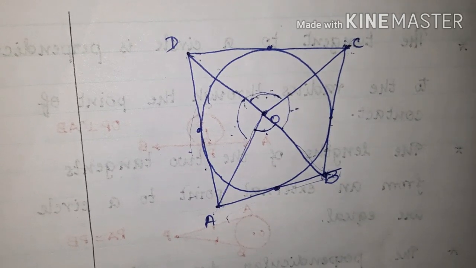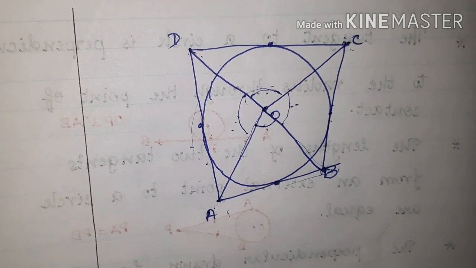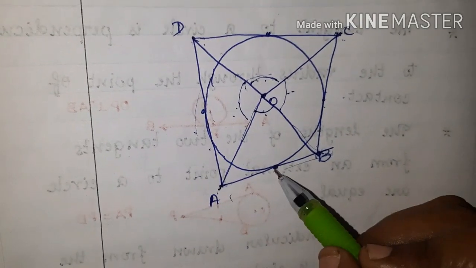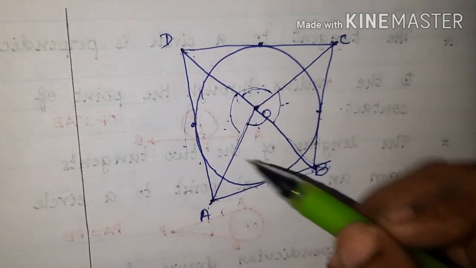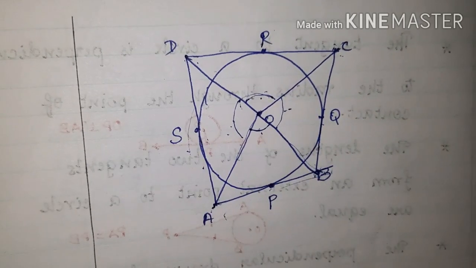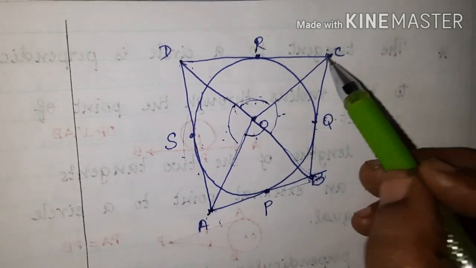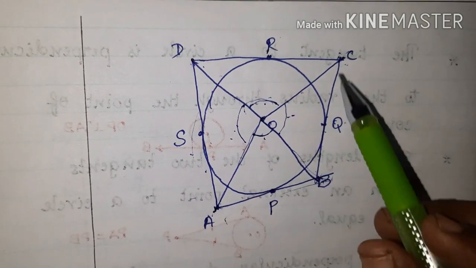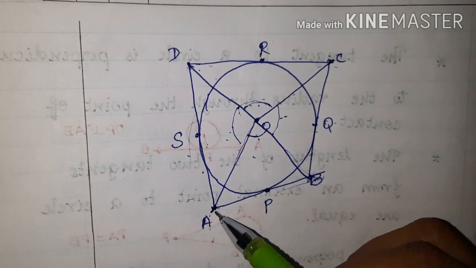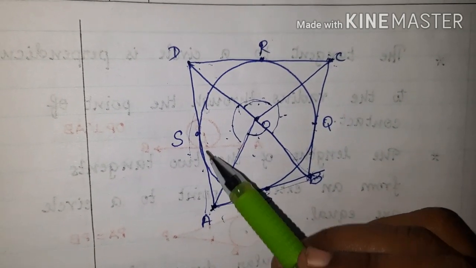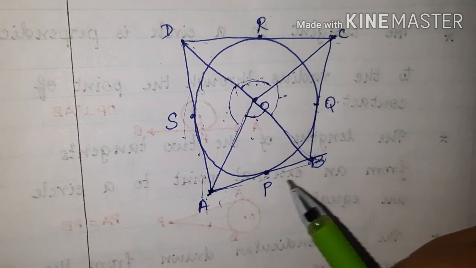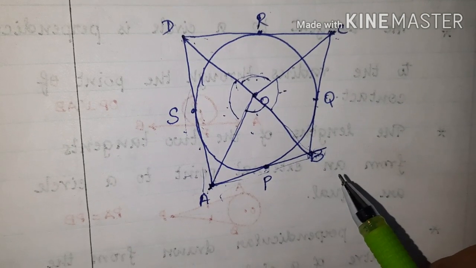So for this, what we shall do is first make use of the theorem. When you look at the figure, you can see there are 4 points of contact, isn't it? You can name them P, Q, R, S, okay? And A, B, C, D are the 4 external points to the circle. You know very well, from an external point it is possible to draw 2 tangents to the circle, isn't it? And the lengths of the 2 tangents will be equal. That is theorem 10.2 you have learnt.